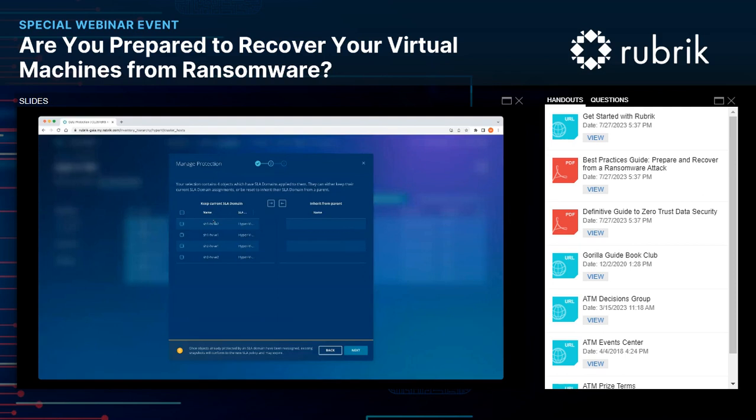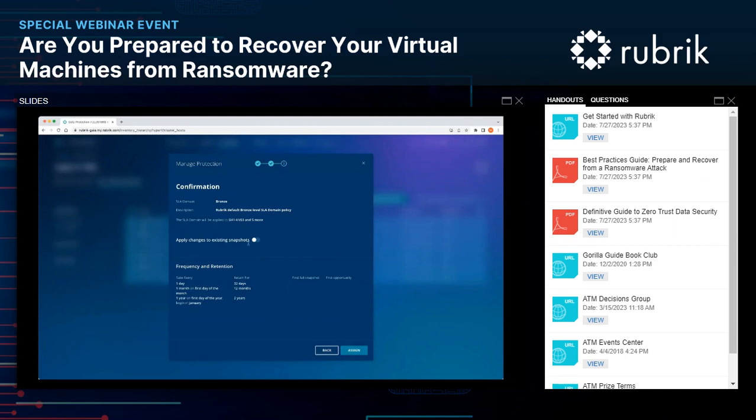In my case, I already have some of these that are configured with an SLA. So it's asking me, what do I want to do with the 4 that already are configured with something? I could say inherit from parent. And now again, since those were configured with an SLA already, it's asking, what do you want to do with those existing snapshots that have an SLA set to them? And I could say I want to go ahead and make the change to bronze for all of the snapshots that are configured, or I could leave them configured for what they are, and only backups moving forward would be associated with this new SLA. Click assign, and it would take place immediately and start following that new schedule.